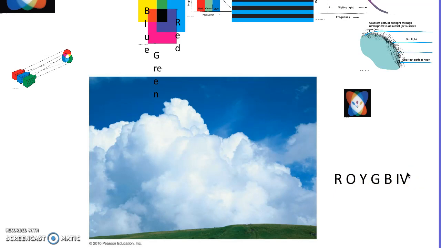And our eyes are not very sensitive to the violet end of here. We're getting close to ultraviolet light. We don't see that very good. So the first color, the highest frequency that we see very well, is blue. And so that's why we see a blue sky, because when those higher frequencies of blue light are absorbed by the atmosphere and then they're re-emitted and scattered in different directions, then we see those lights more often,